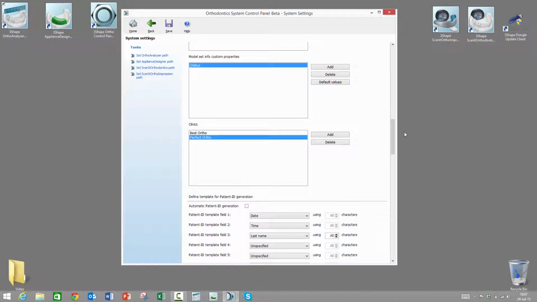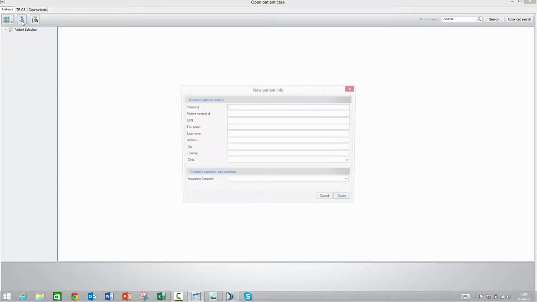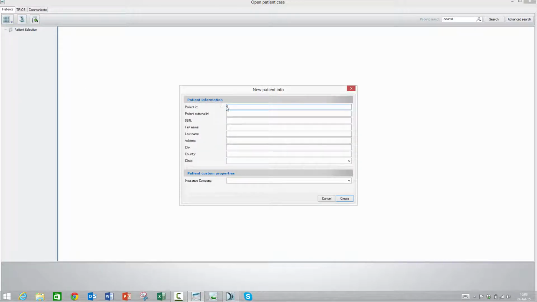So next up is the automatic patient ID generation. I will show you what I mean about that. So let me open Ortho Analyzer again. In the patient browser, when I create a new patient, you see this is a mandatory field, patient ID. Let's say that I type in a first name here, Peter Pan, and then create. It will tell me that I have no patient ID specified, so I have to create